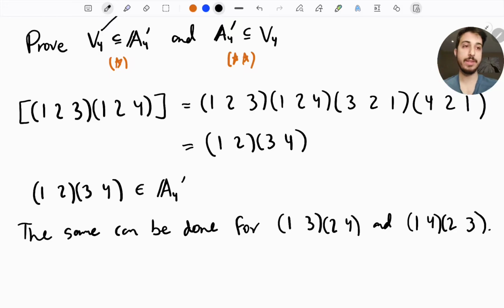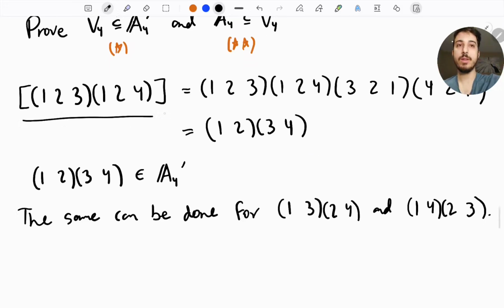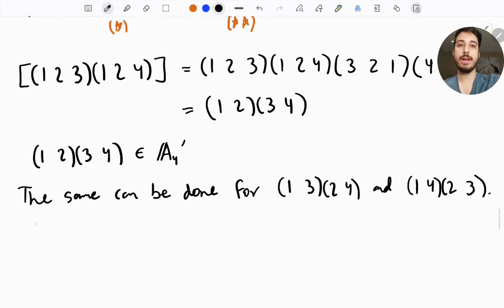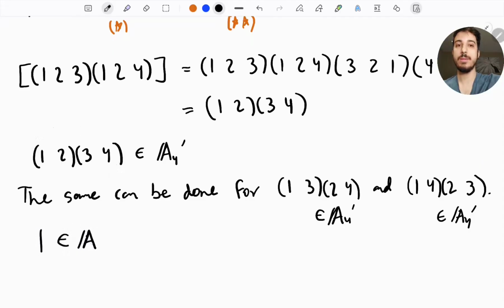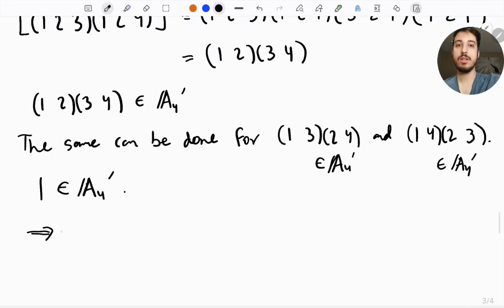The same can be done for the other elements, (1 3)(2 4) and (1 4)(2 3), and I'll leave that to you as a little exercise: find what these equal as commutators of products of 3-cycles. So both these elements are also in A4 prime. And since A4 prime is a subgroup, the product of this element with itself is also an element in A4 prime. But the product of this element with itself is the identity, so the identity is also an element in A4 prime. Therefore, the entire group V4 is proven to be contained in A4 prime,